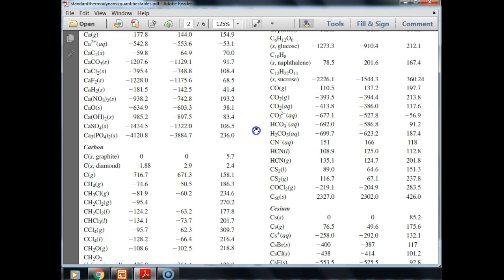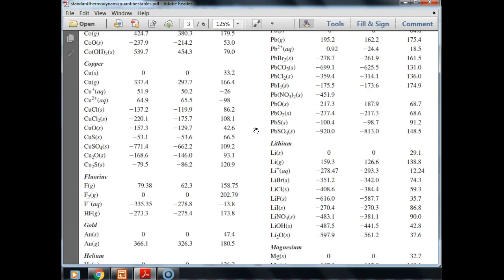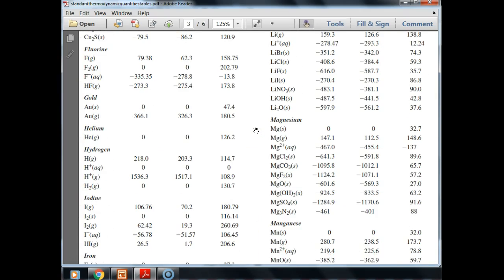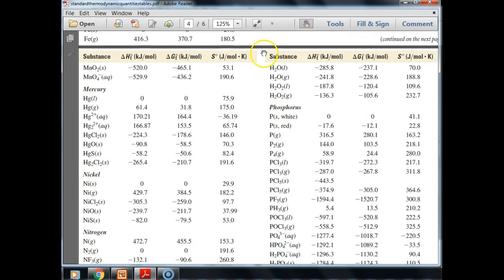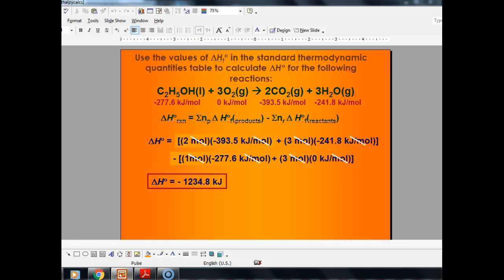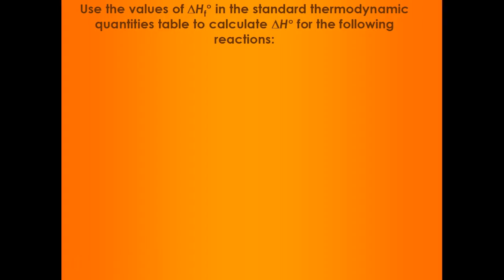And now we're going to go find H2O. H2O is actually not under hydrogen, it is under oxygen. So don't be surprised again if you don't find it where you think it would be. Just keep going through your elements. We have water as a liquid, water as a gas, hydrogen peroxide as a liquid, hydrogen peroxide as a gas. We want the second one, the H2O as a gas, negative 241.8. So just take your time to make sure you get the right values, because otherwise that could cause some complications